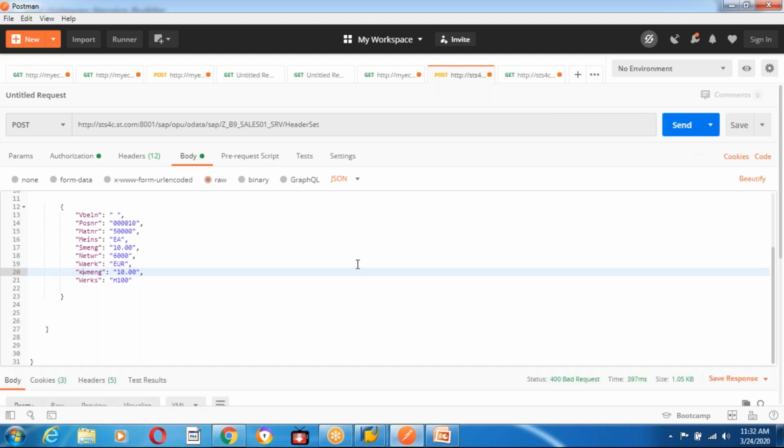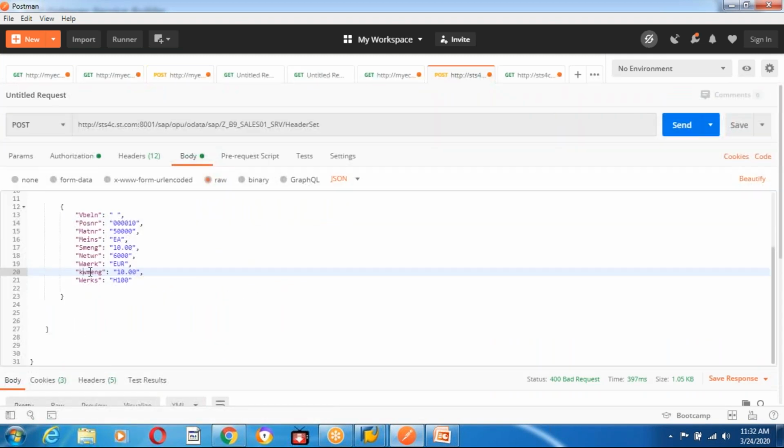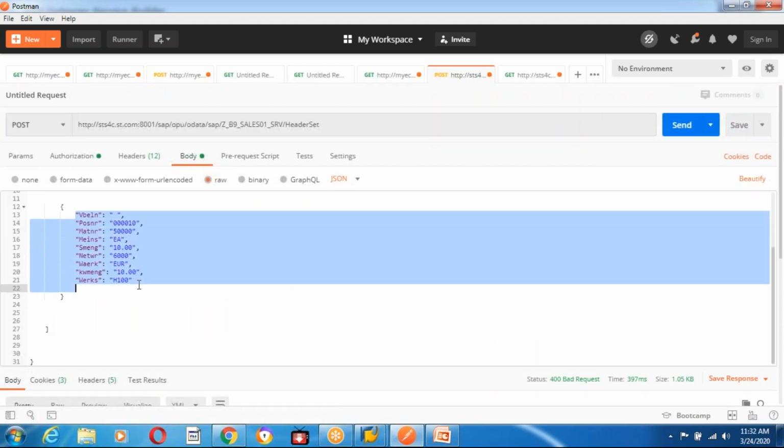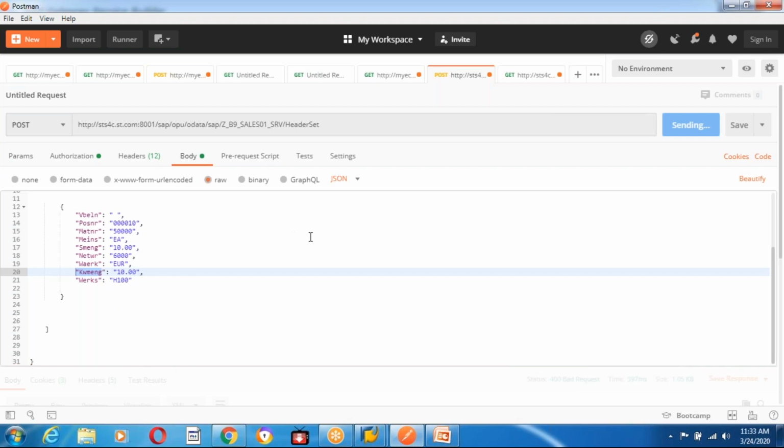See, bad request, and you can see property kwmeng is invalid. That's the error which we received in yesterday's class. So the observation, guys, is that JSON always follows upper camel case, so the first letter should always be in caps. It's an OData field name which we need to provide. Now you can see send,